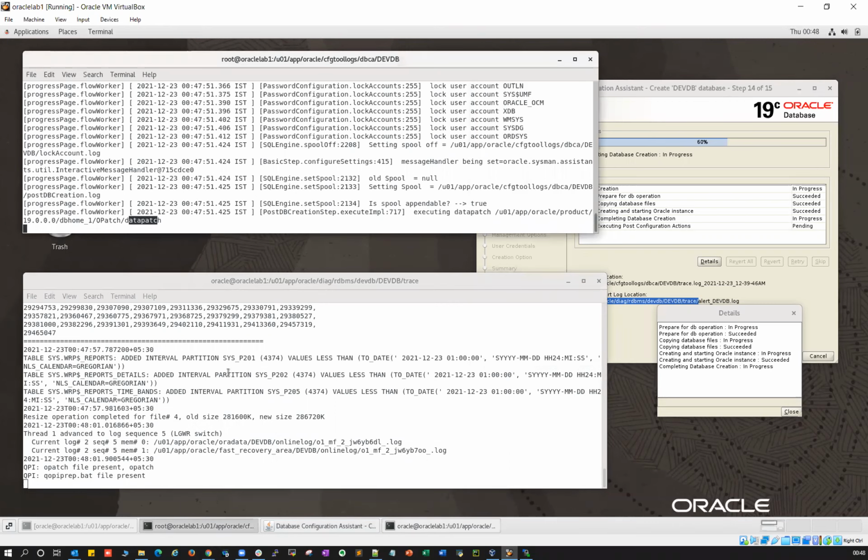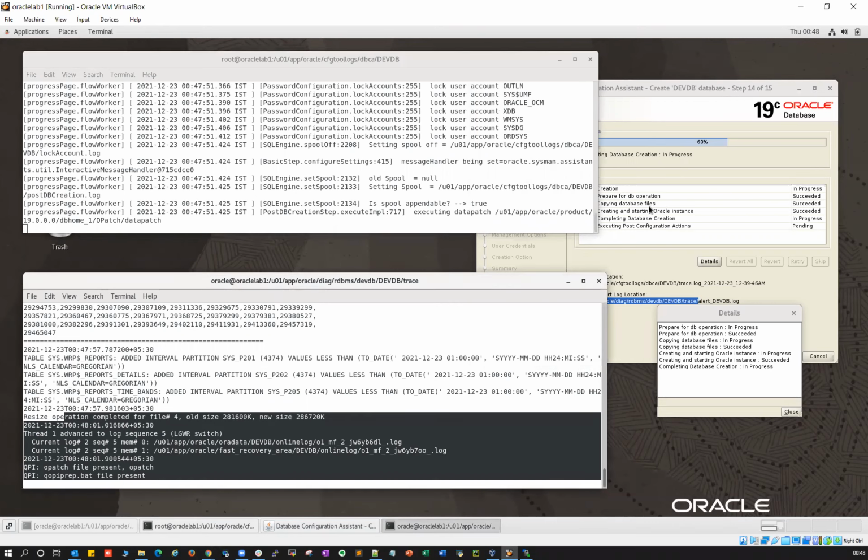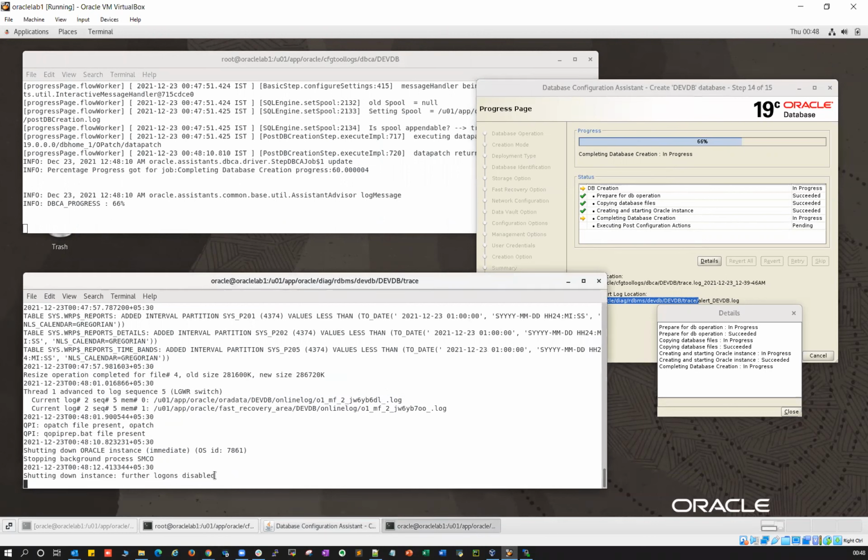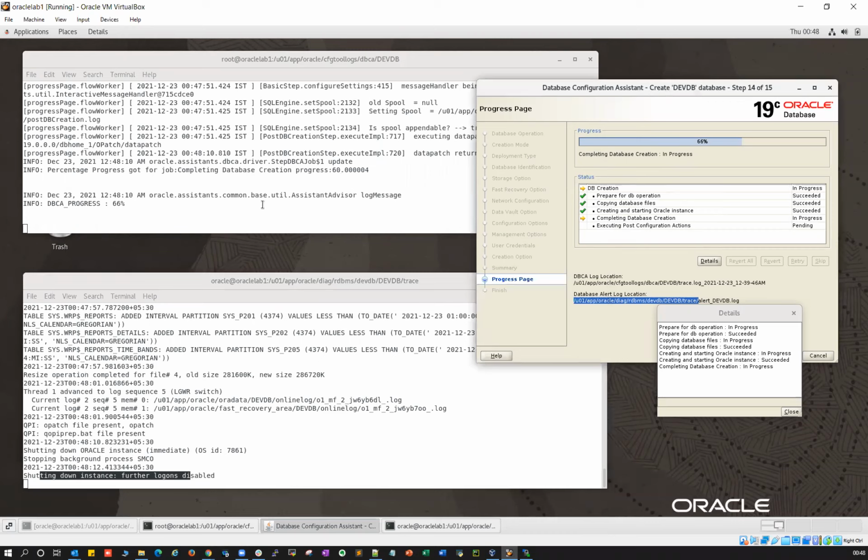You can see the data patch completed and it is doing post steps. It is shutting down the instance, and then it'll do a final restart. We give a few more minutes and then the database will be ready.